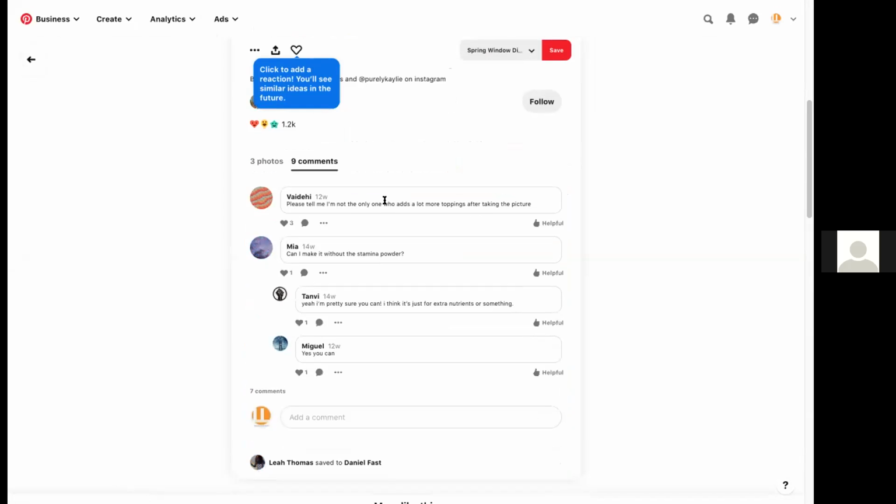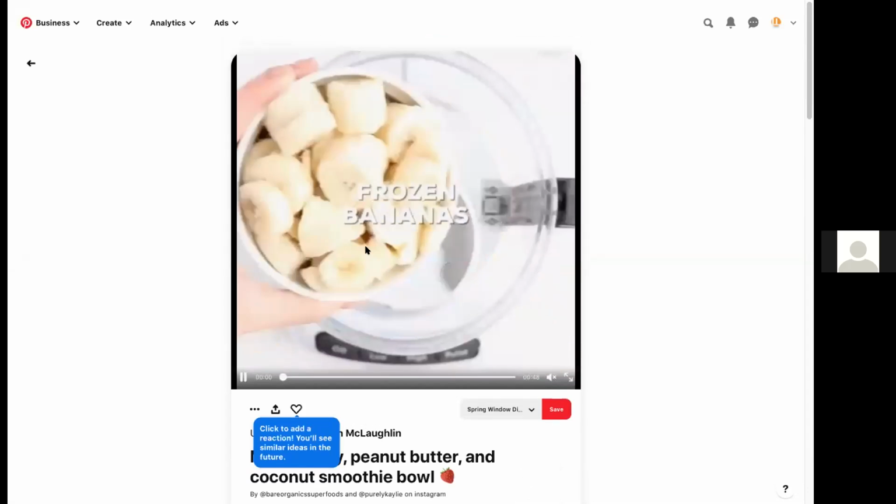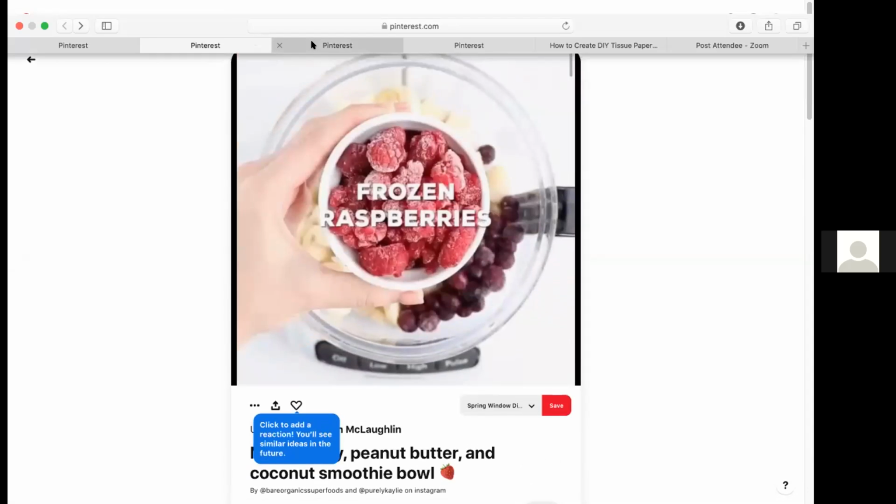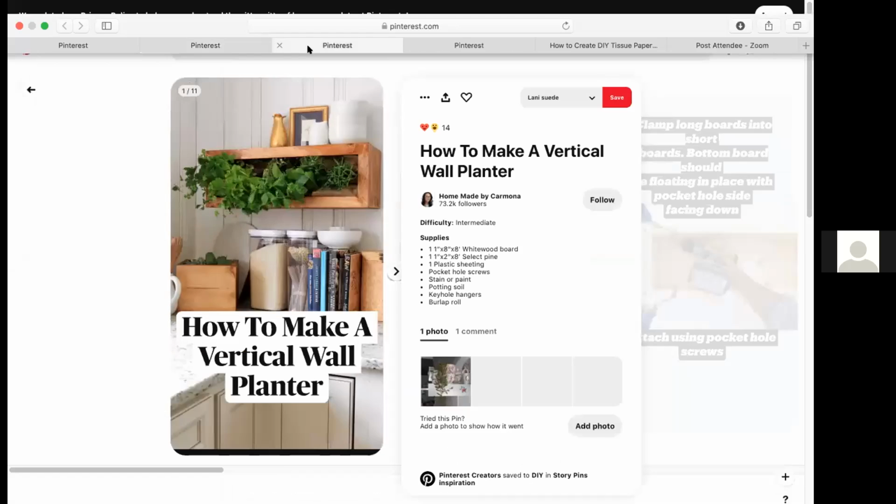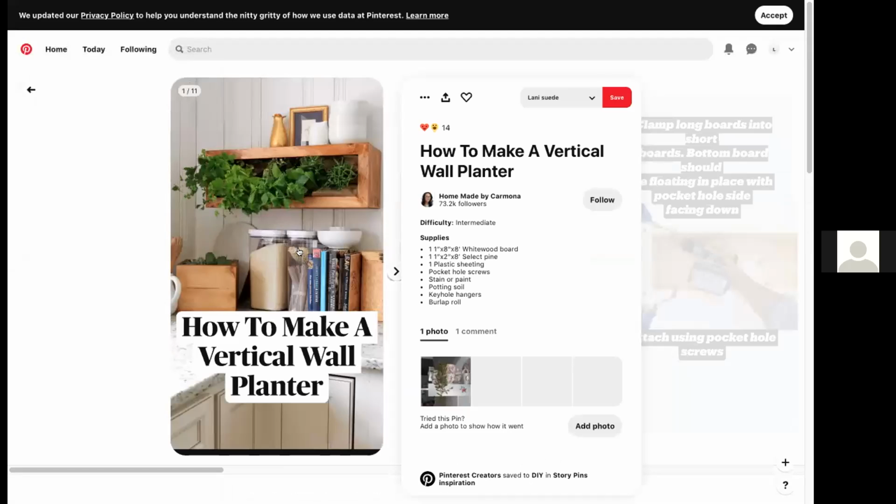Please tell me I'm not the only one who adds a lot more toppings after taking the picture. So people are sharing their experience, right? Oh, I love this. So then the other one I wanted to show you is how to make a